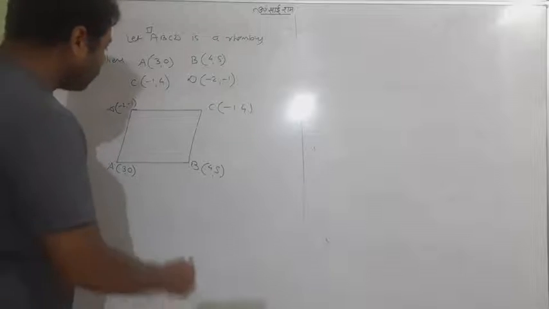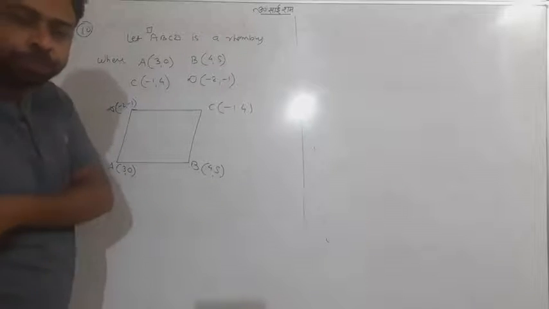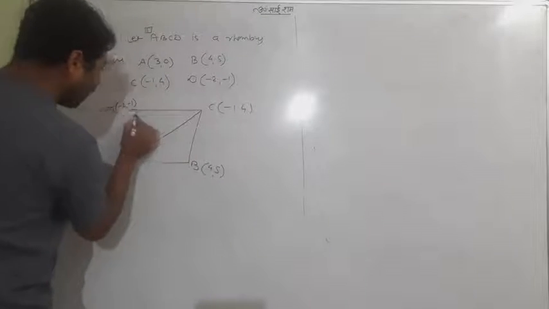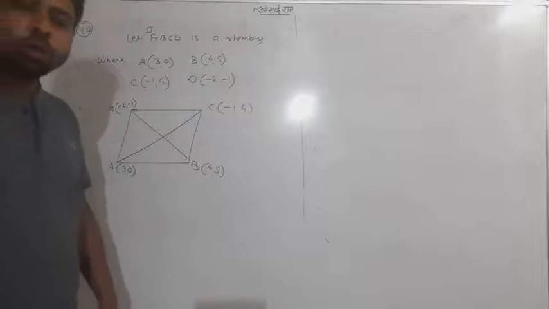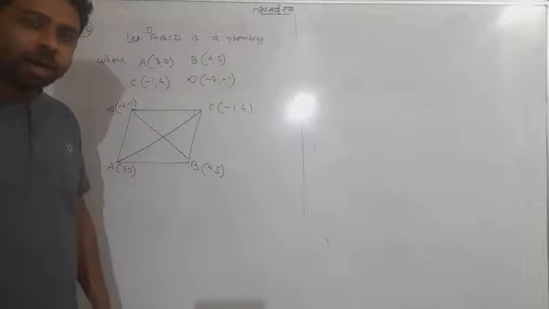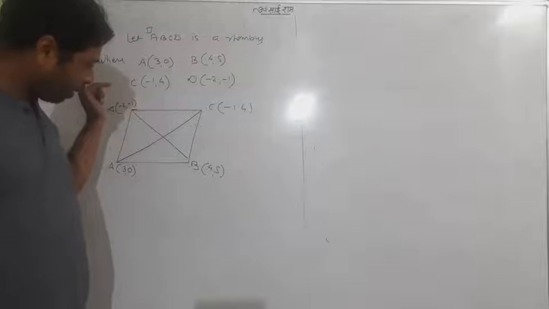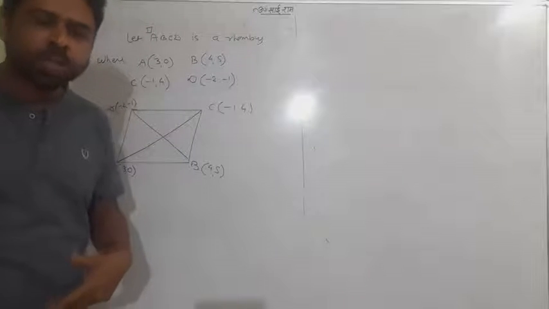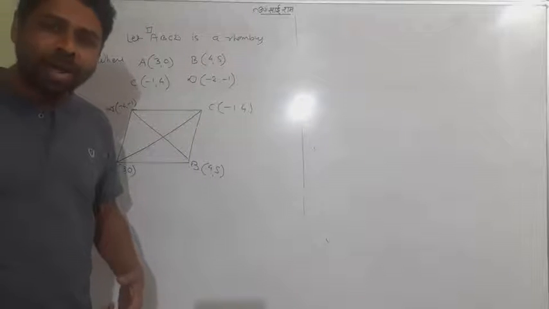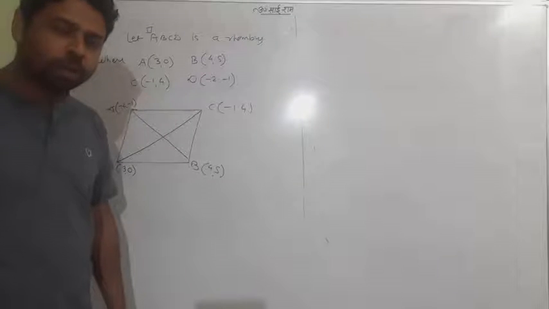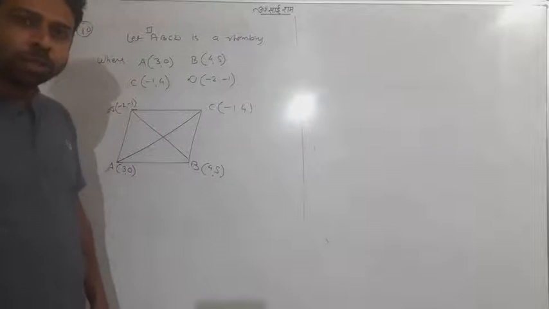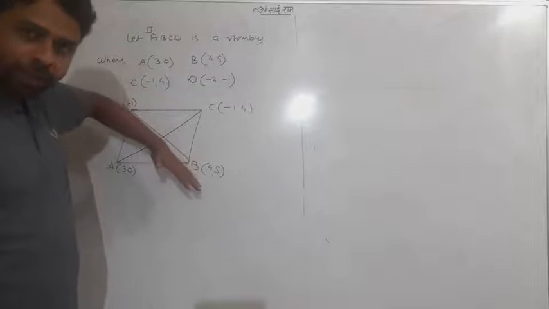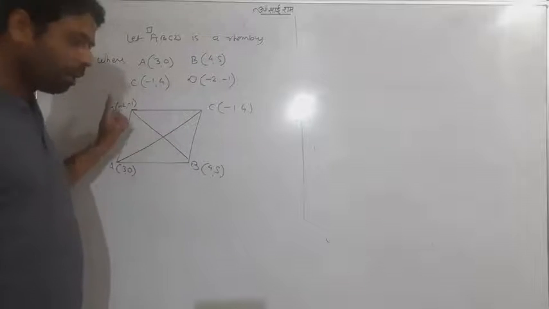Product of the diagonals. So we just want to find its area, and it's very simple: half into the first diagonal into the second diagonal. As far as the formula is concerned, the question looks like it follows the distance formula. It is not looking like a division formula. We don't have to use the division formula in this particular question, because the question says half d1 into d2, where d1 is the first diagonal and d2 is the second diagonal. So for that, you just have to find the distance.